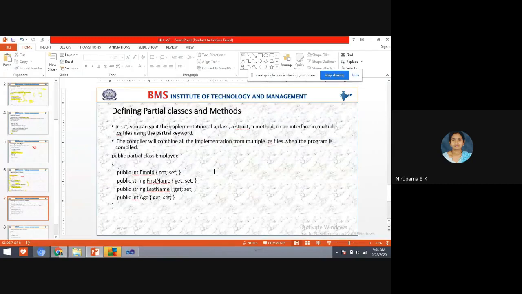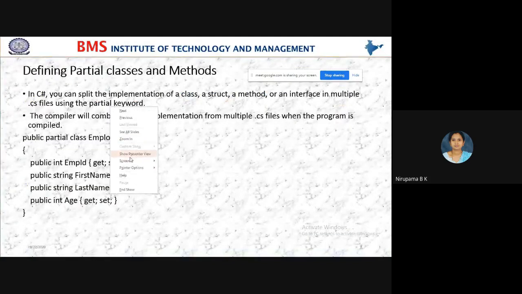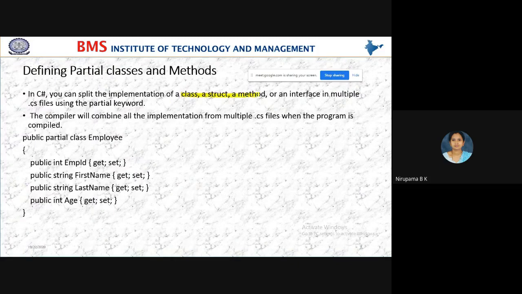Next we have partial class and method. So in partial class, you can split the implementation of a class, structure, methods, or an interface in multiple .cs files using a partial keyword.